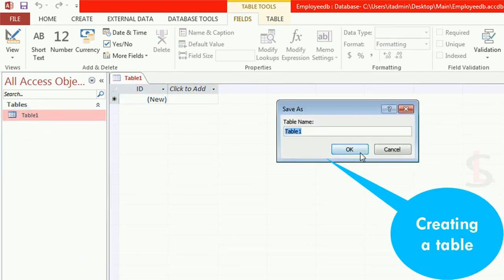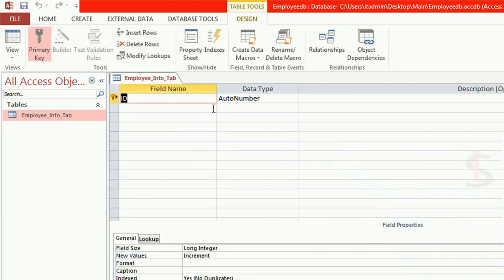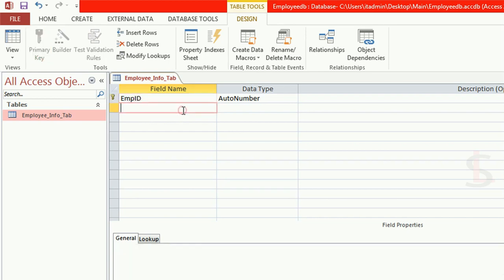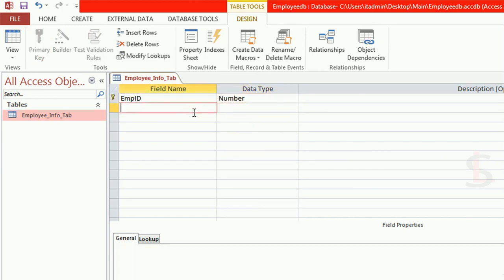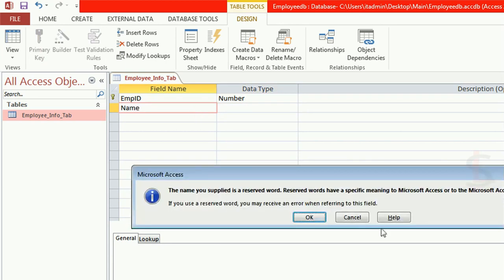Just add the table name. My table name is employee_info_tab. Click on OK. Yes, the table is created. Now I'm going to create columns in the table. Employee id is default, so I just renamed it as employee id, data type is number. Name, data type is